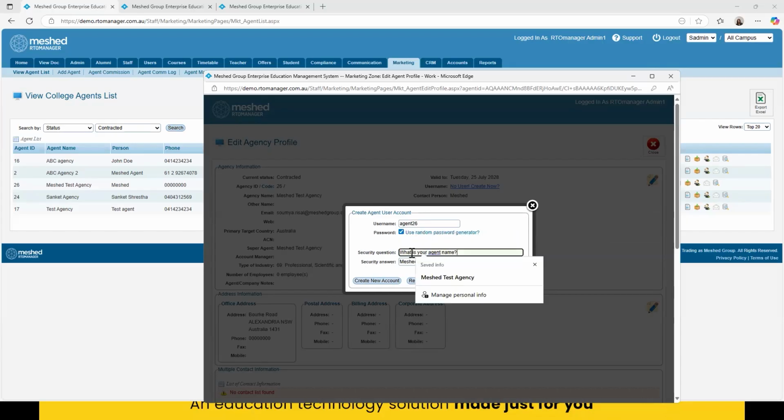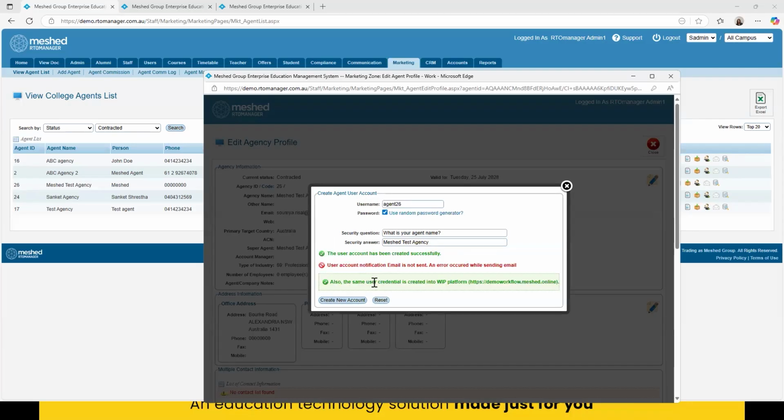For the security question, this is a pre-filled one, but not necessarily the same one that you would need to follow. You can take what has already been created as a reference, and later on, the agent can always go within their portal to make modifications to the security questions, which we'll cover in a while. But you may also make the modifications if needed. For now, I'll just stick to the same question, the security answer and the name, and then I'll click